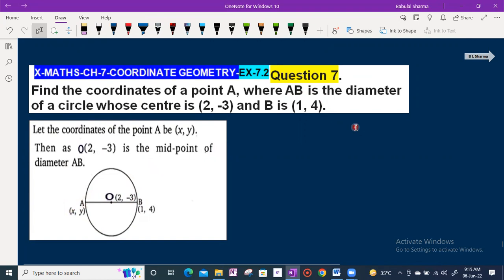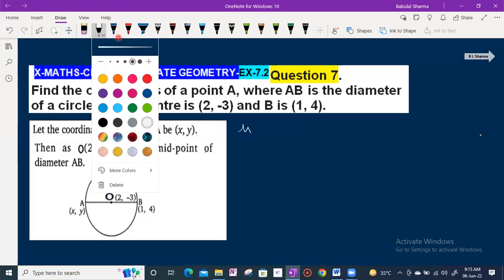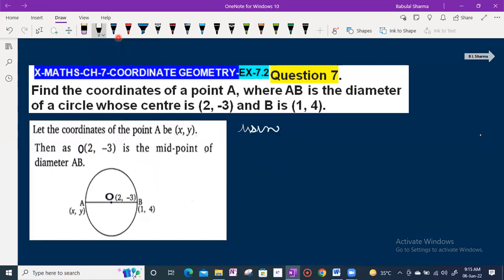Students, we know that O, the center of the circle, is the midpoint of diameter AB. So we can write that O, whose coordinates are (2, -3), is the midpoint of diameter AB. So using the midpoint formula,